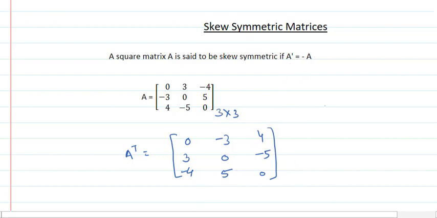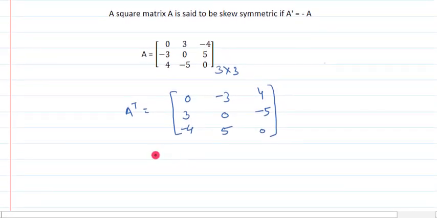So first of all let me take the minus sign out of it. As we know, according to the scalar multiplication, this negative will be multiplied with each and every term.